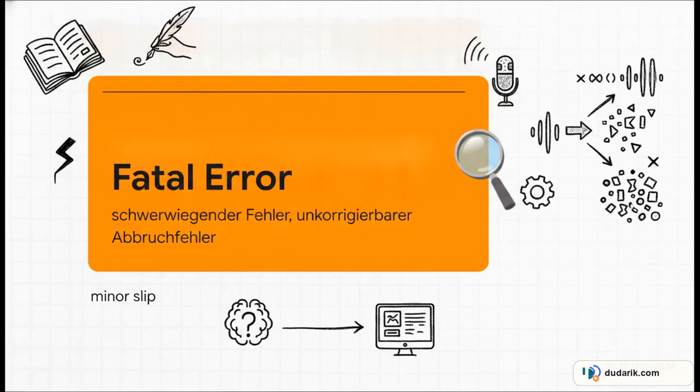Okay, let's set the stage here by thinking about human linguistic errors. Imagine opening a dictionary and looking up the word error. You're going to find everything from a totally harmless clerical mistake, a simple slip of the pen, all the way to a fatal error, which is a severe, completely unrecoverable mistake. And honestly, the way we classify human errors perfectly mirrors the bizarre, totally wild phonetic hallucinations our machines make when transcribing speech. Sometimes it's just a minor slip-up, but often, especially when we're dealing with specialized niche terms, it is a complete, unrecoverable breakdown of meaning.